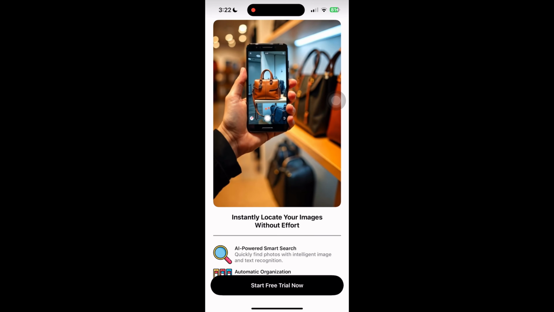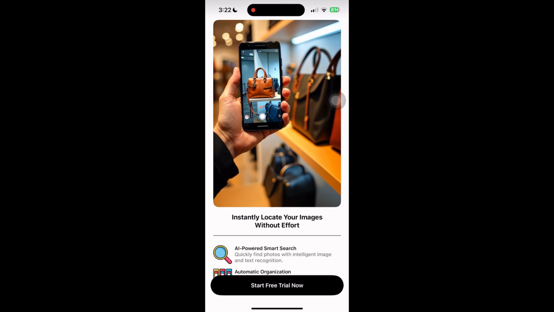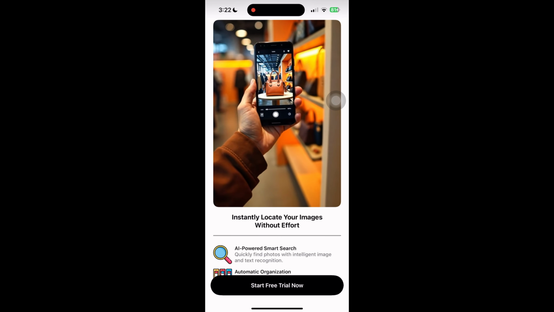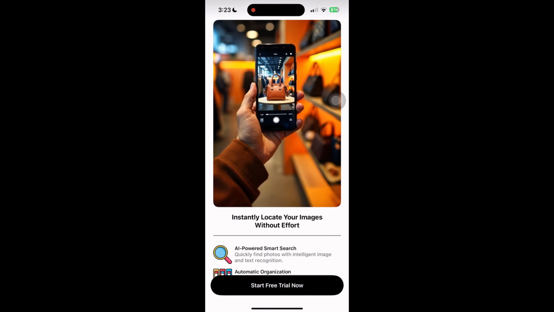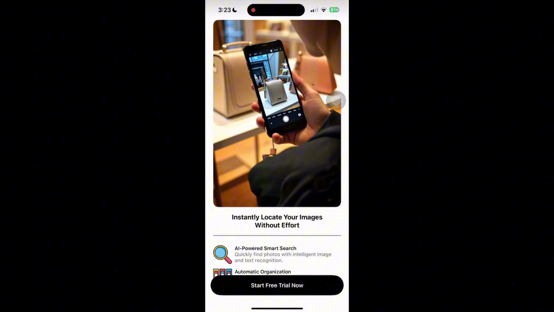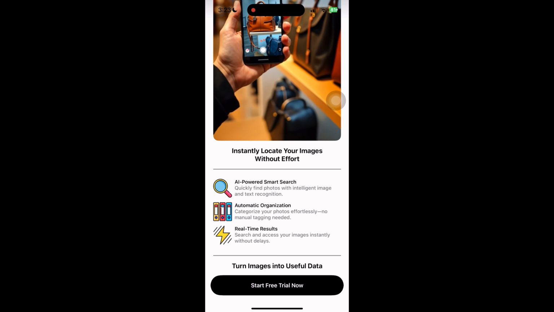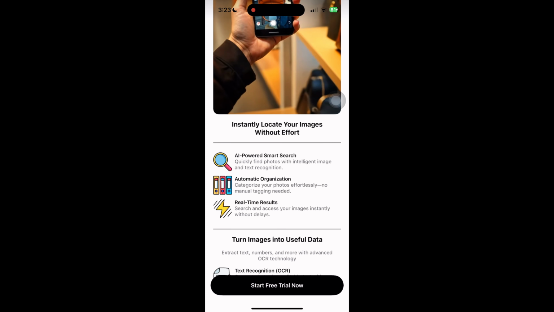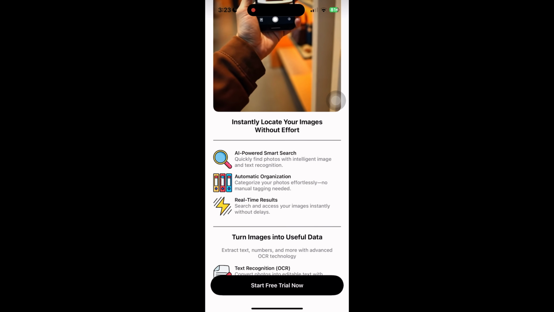Open Google Lens and point your camera at the text you want to translate. This could be a street sign, menu, book, or any printed material. Now, tap on the Translate option at the bottom. Instantly, Google Lens will detect the language and overlay the translated version right on your screen, replacing the original text